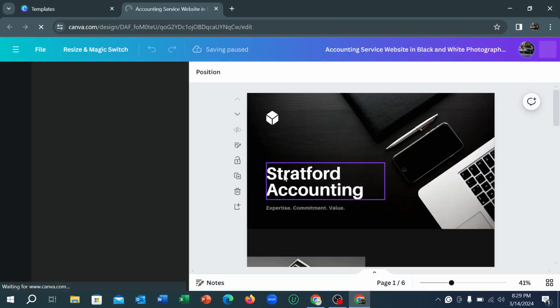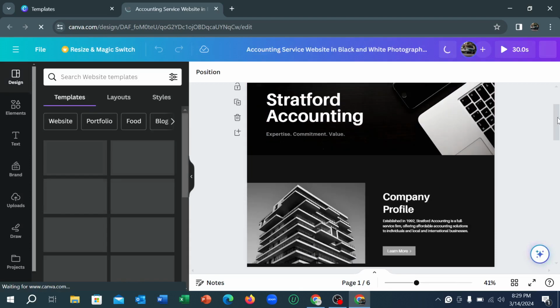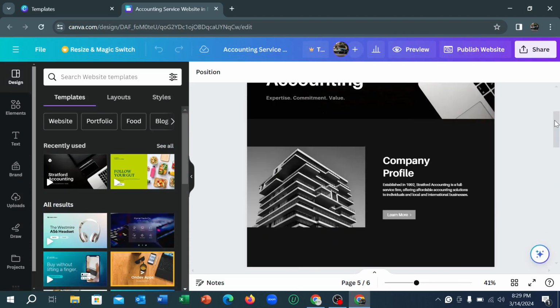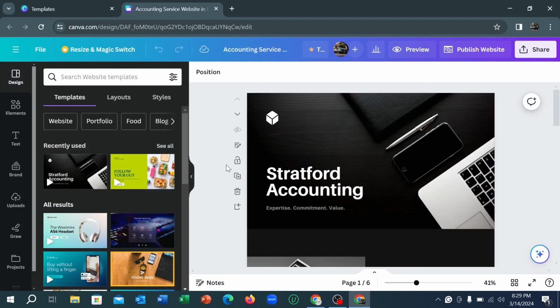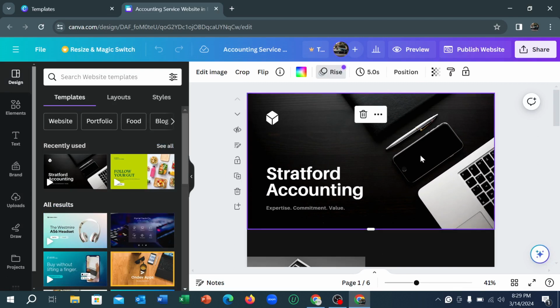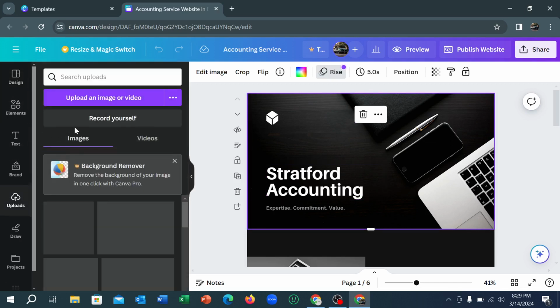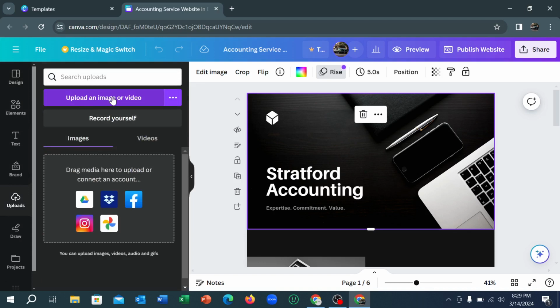Well, right now you can see you can edit this, you can edit everything on here. So right now you can see there is a background photo. This photo you can change. Just go to the upload section and upload an image. You can upload a video or image from your